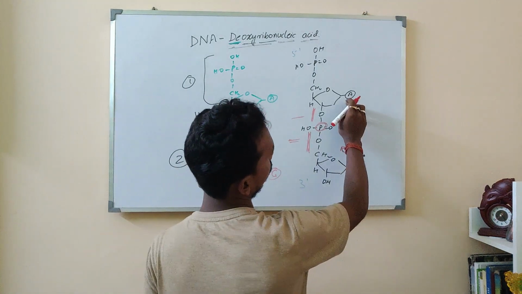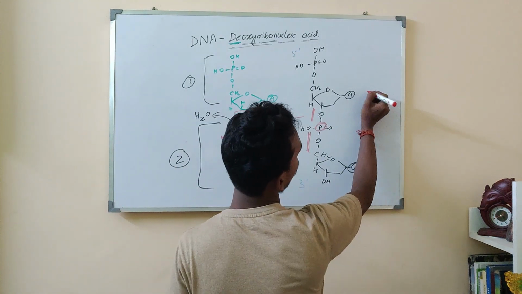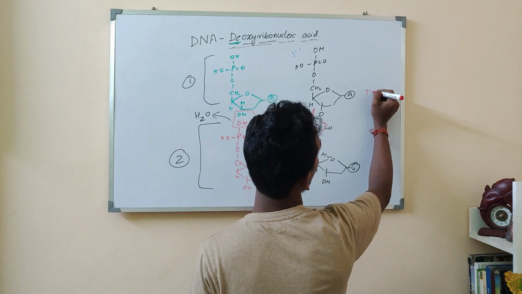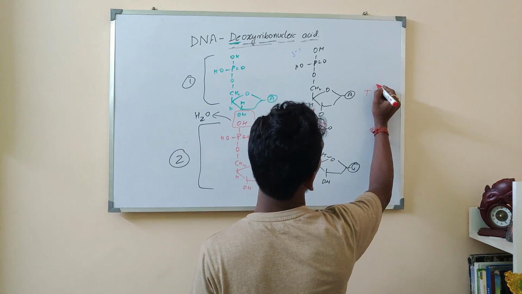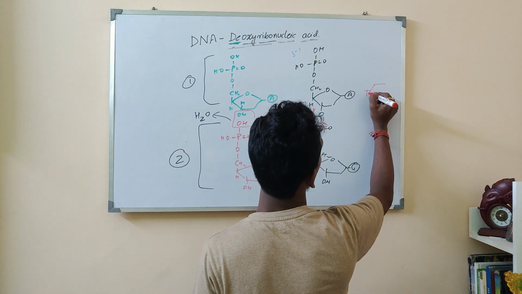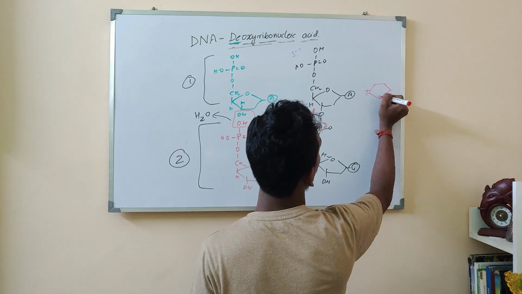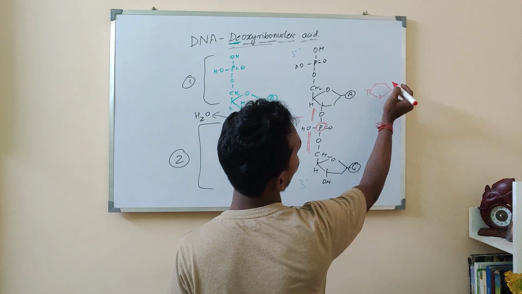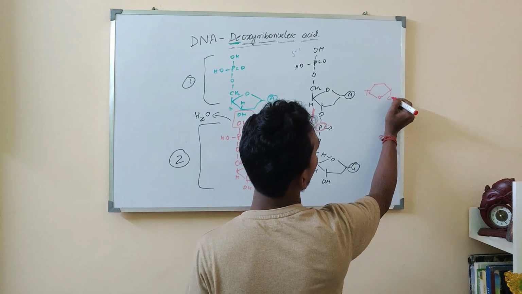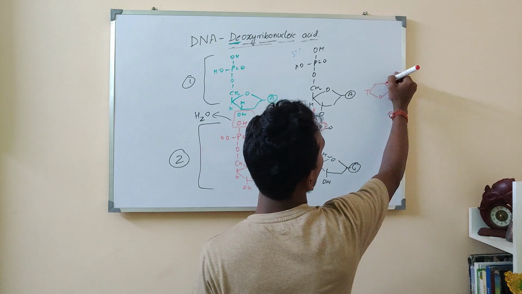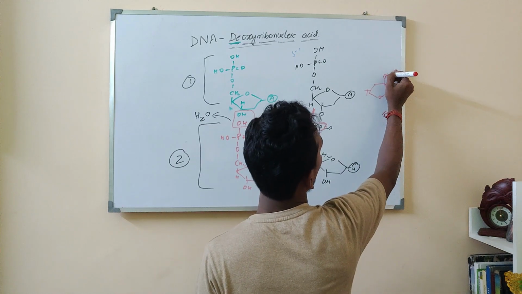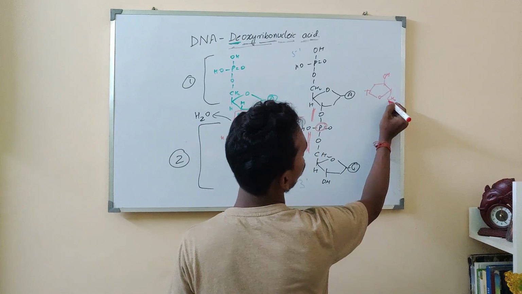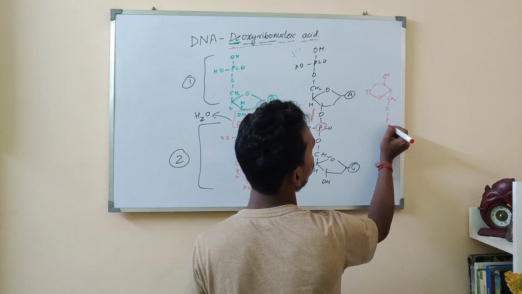Suppose A is going to bind with T, we all know about this, so T is here, and now this one is the first carbon, this one is the second, this one is the third, fourth and fifth. Okay, so this third carbon has a free OH here, and you will see